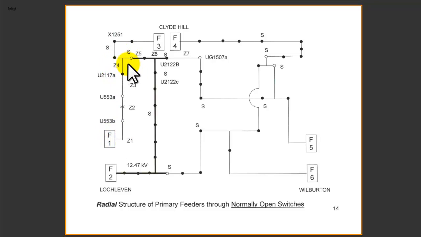So the normally open switch in this case can be closed from other feeders. For example, in this case, it could be either feeder 3 or feeder 2. So that's the reason why, when we do the online power flow analysis, it's very, very important to have a very accurate data set in place so that we can make the best decision based on the metering data from all